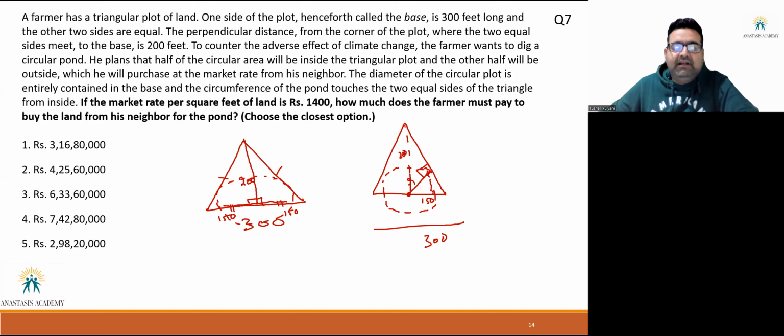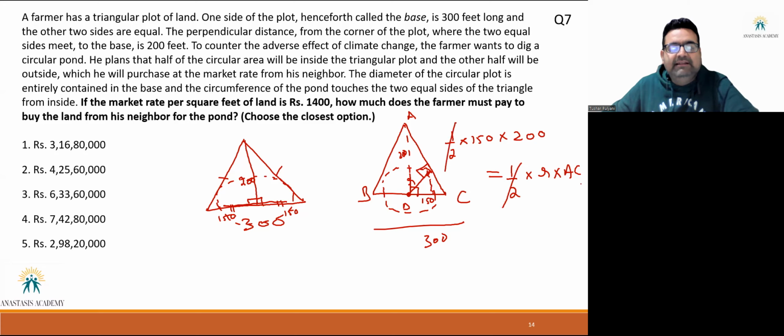Now, if you look at this triangle, let me just name these. This is A, this is B, C, D. Look at triangle ADC. My area of triangle ADC, I can calculate by doing half of base into height. But on the other side, I can also calculate it by half into R into AC. Same triangle, I can calculate the area by AD and DC being perpendicular or R and AC being perpendicular. Those areas will obviously be equal. Now, to get R, I need AC, right? So AC is again very easy to calculate.